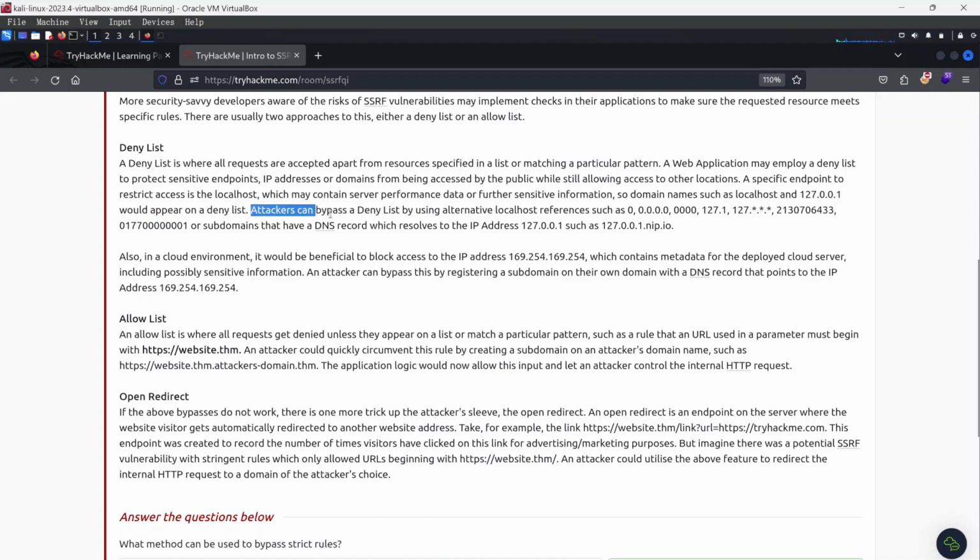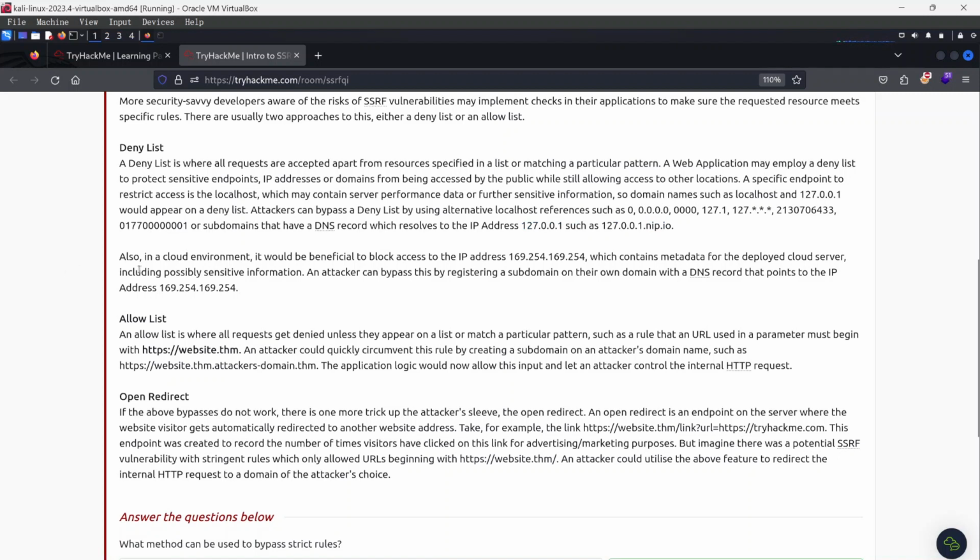Now, attackers can bypass any deny list by using alternative localhost references such as 0.0.0.0, 127.1, and so on, and including even 0177.0.0.1, or subdomains that have a DNS record which resolves to the IP address 127.0.0.1, such as